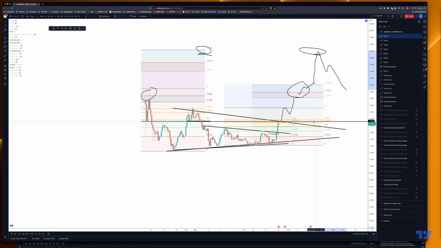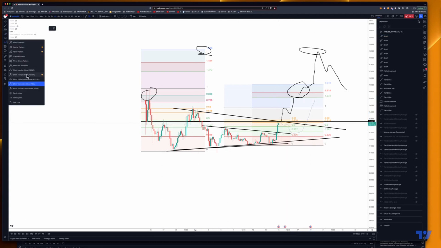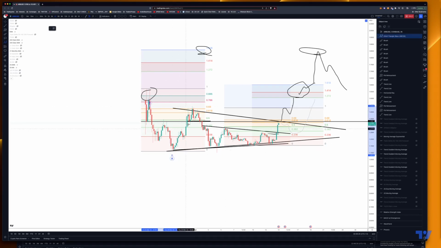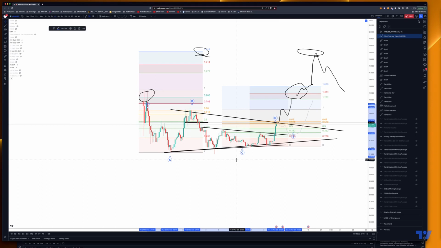But you can see how, depending on that, we might just have a good run, or we just come back here again and then move. So let's have a look at that. Yeah, if that's our A, B, C, D, we could have an E there. Retest and then back up. Like to see what happens here.